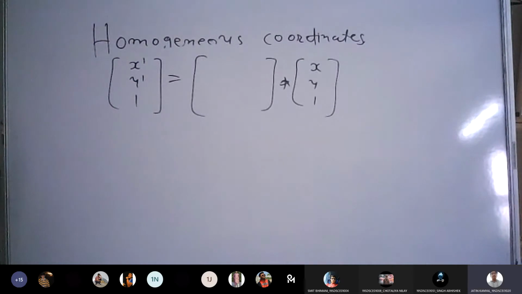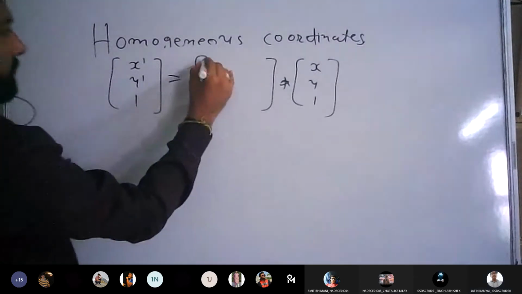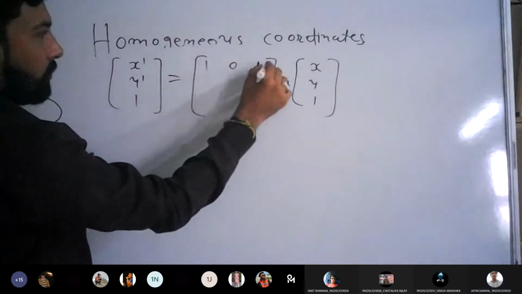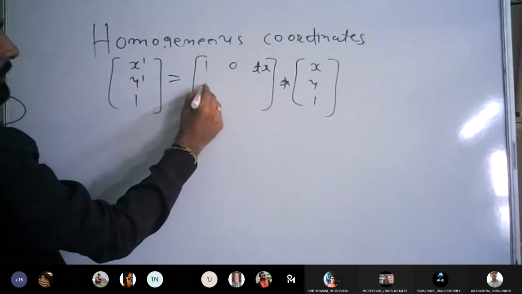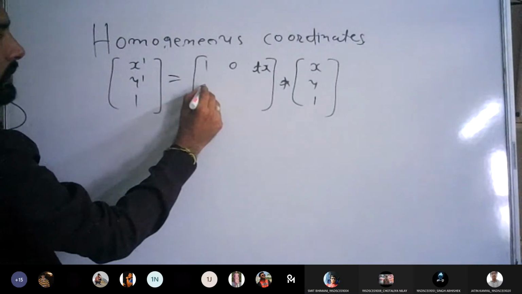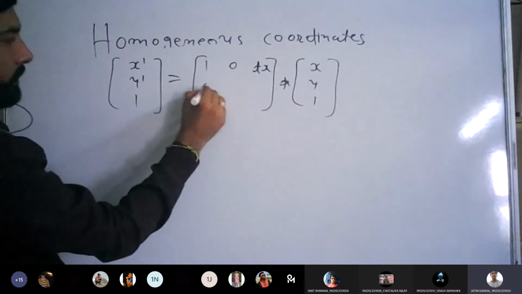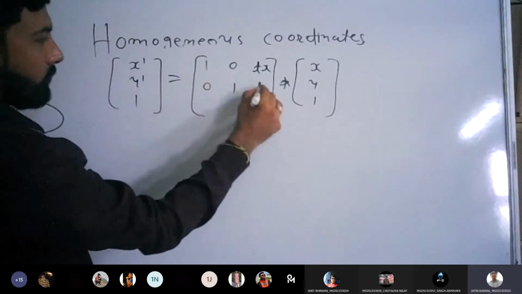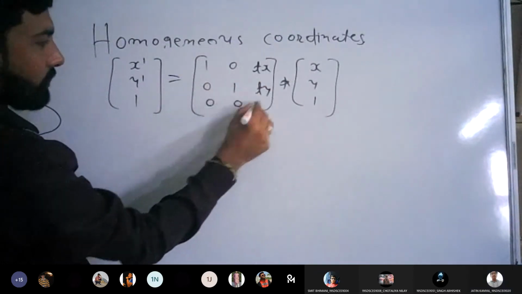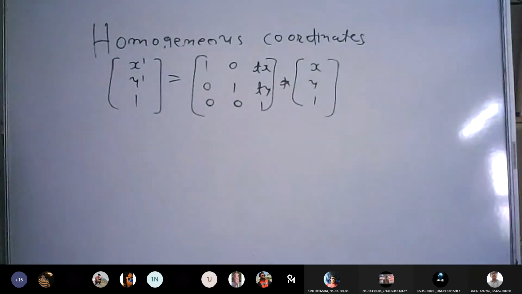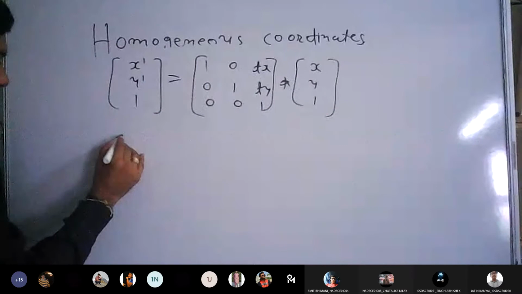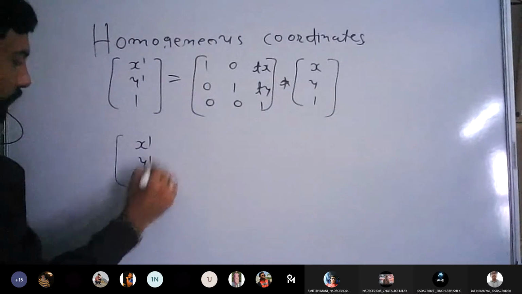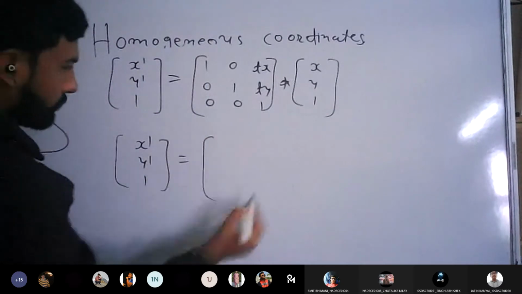For translation, what can I do? 1 0 tx, correct. What about the second row? 0 1 ty. Very good. It is going to be 0 1 ty, and the last one is 0 0 1. Correct. Similarly, for rotation, let me write the matrix x', y', 1 equal to something